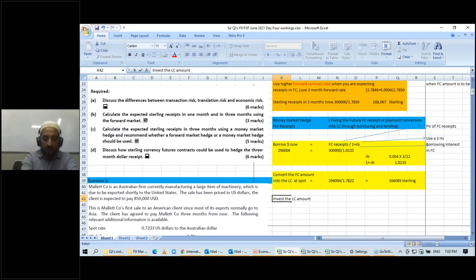Now remember the strategy, you have to learn it, and receive. If you do at least 2 questions, one more like this, which we'll be doing in the next class, you will easily learn this. Just follow the strategy which I am telling you. Invest the local currency amount and receive local currency interest and principal in 3 months' time. So in this case, the formula is